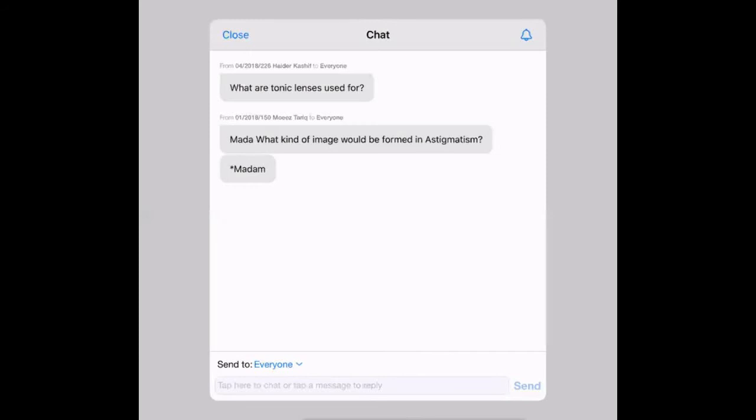Moise, I can't understand your question exactly. What kind of image? Without the glasses, it's scattering of your light rays coming, so that means that your image is not going to be clear. Like in myopia, if you put your object in front of your eyes, you're able to see better. In hypermetropia, if you just distance your object from your eyes, you're able to see better. But in astigmatism, you won't be able to if you do that.